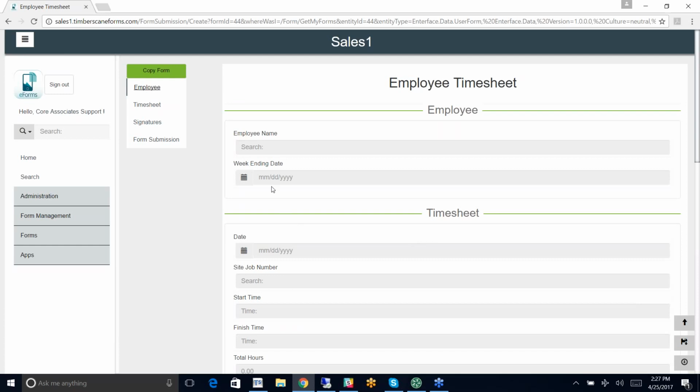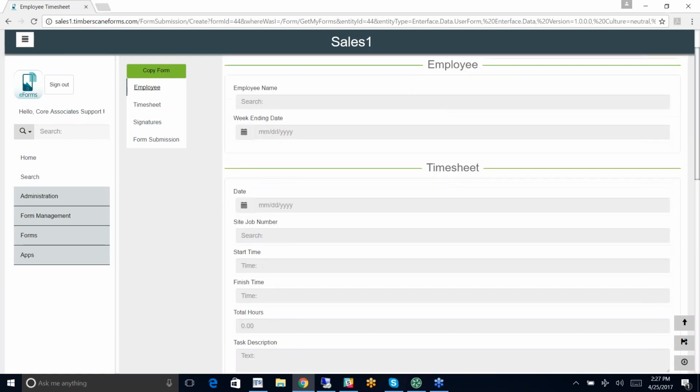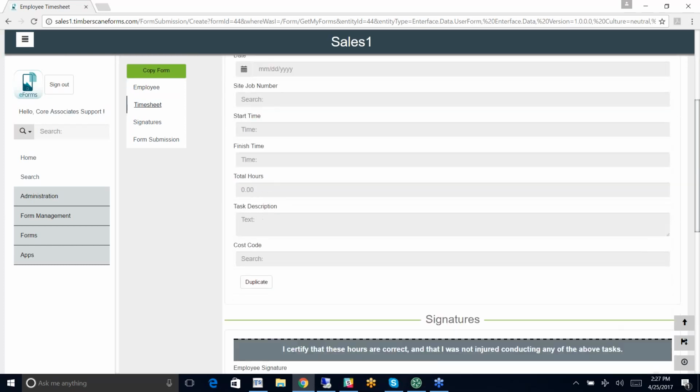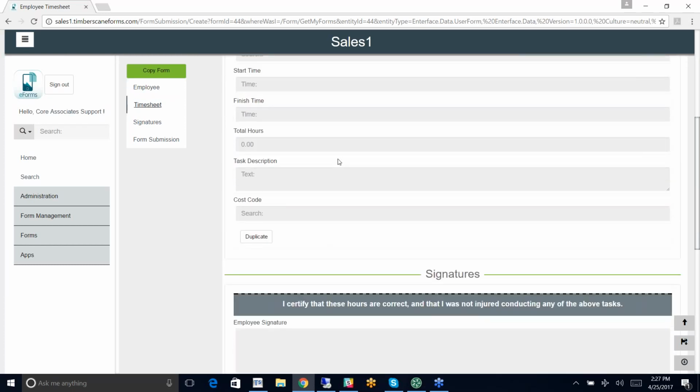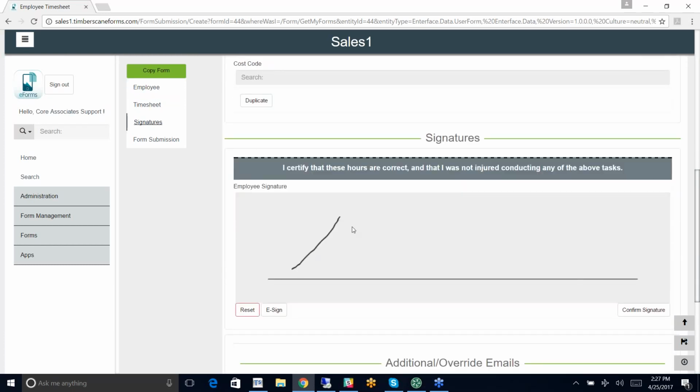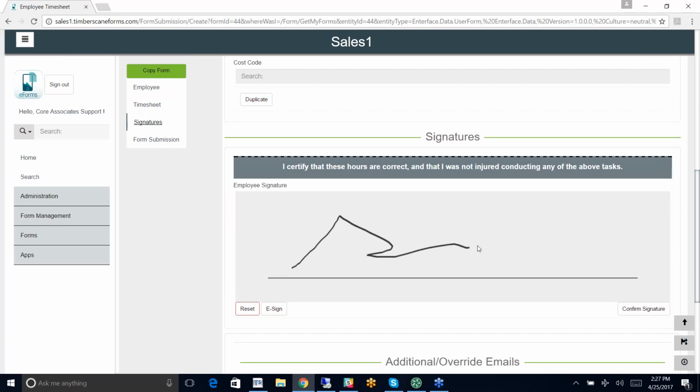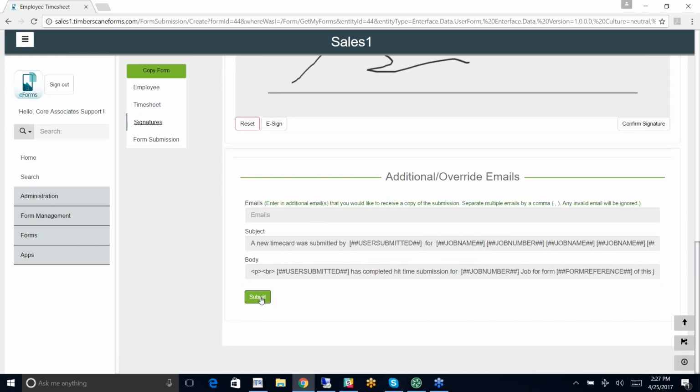It's your form. You're creating the criteria associated with the form, and you're plugging in the information. So as someone is filling out a timesheet, maybe there's a signature that they have to fill in. And then when they submit this, if you want this routed to various people, maybe this goes to the supervisor or what have you,